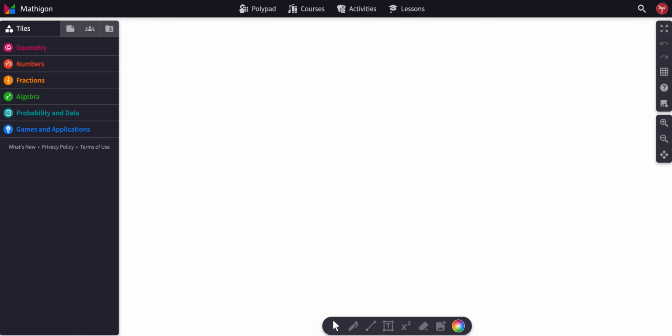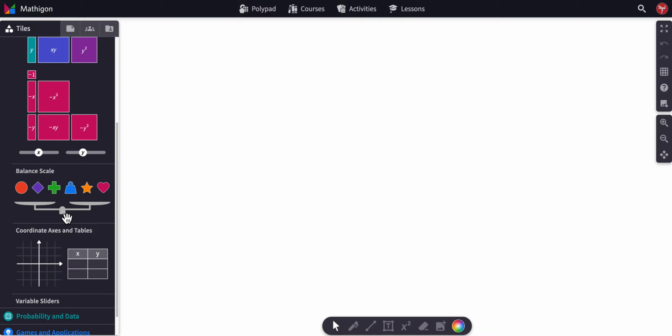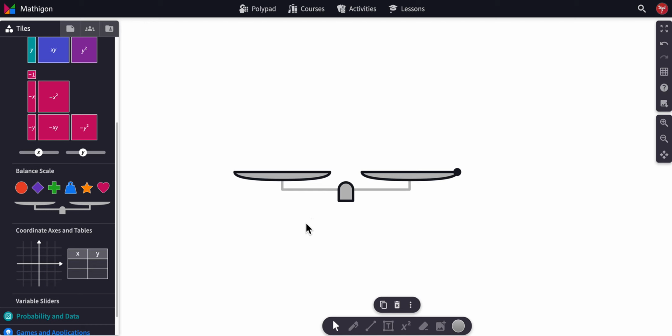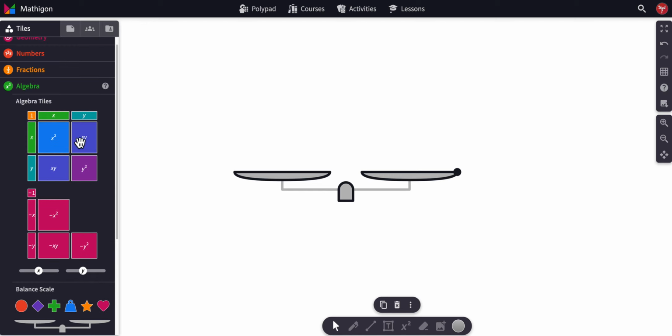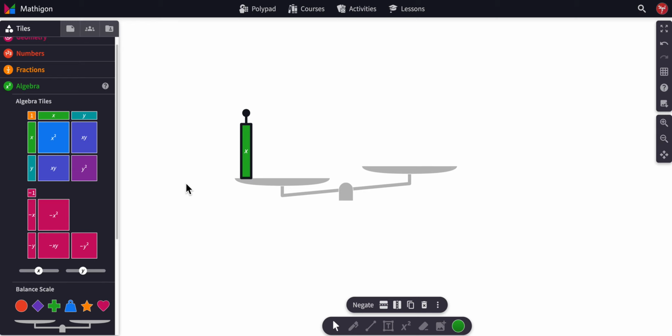How to set up and solve a simple equation using the balance. So we'll go to algebra and scroll down, get a balancing scales out. Now we need some algebra tiles, so I'm going to put x on here. Now I want 2x plus 3 equals 11, so if you want to copy that x, you can press the